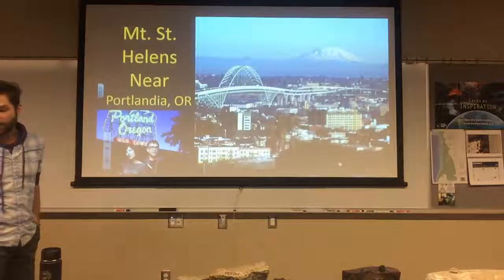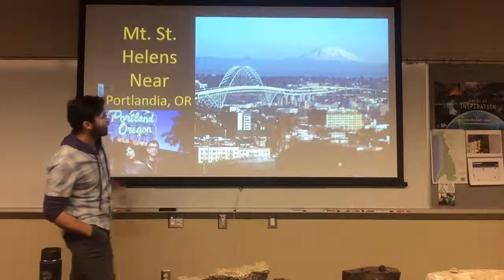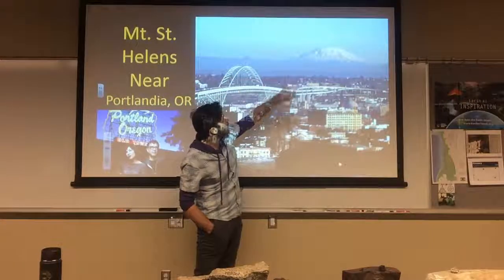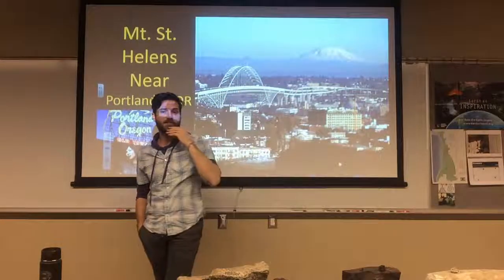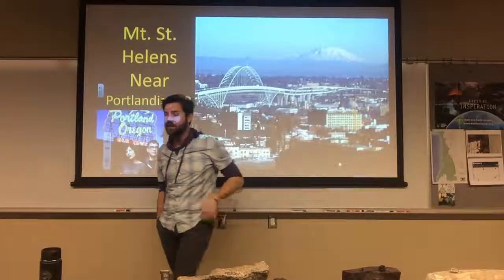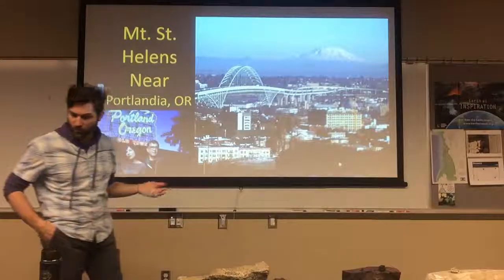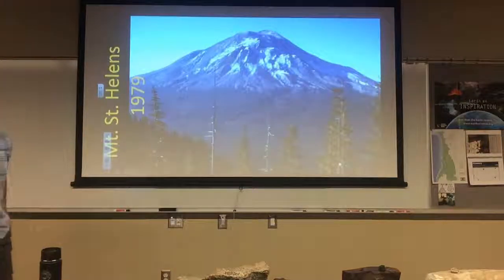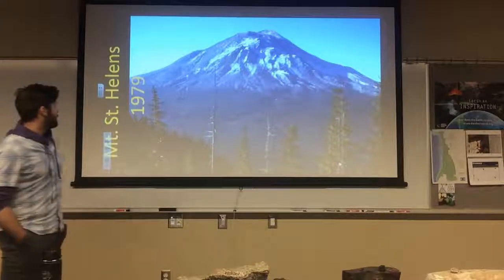Then also we have Mount St. Helens to the north, just on the other side of the Columbia River. This is a more modern view, recent view of Mount St. Helens. It's much more flat-topped now than pre-1980, which of course used to be a much more pointy-looking volcano, like this. This is a picture of Mount St.